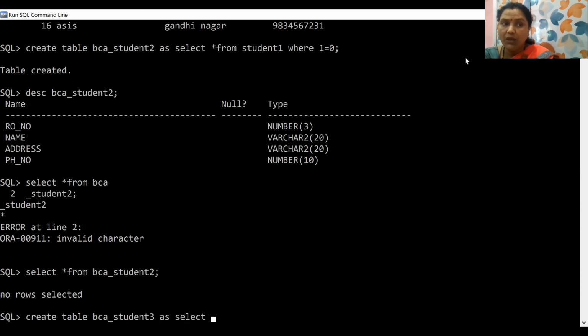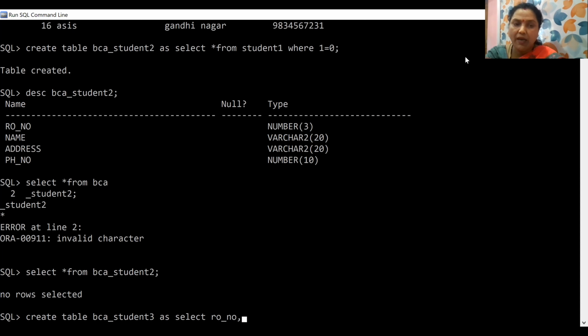Suppose for example you want to take roll number, name and phone number. Roll number, RO underscore NO. As per the spelling written in the table before should be used.